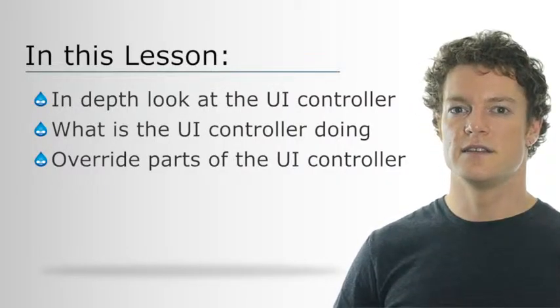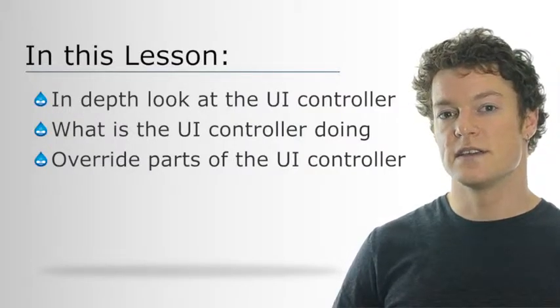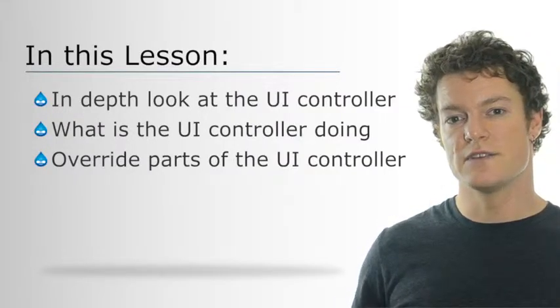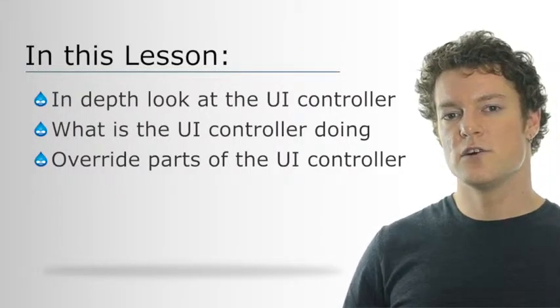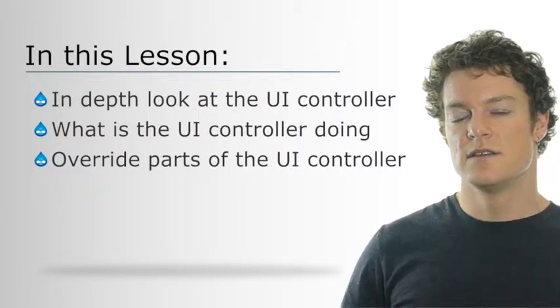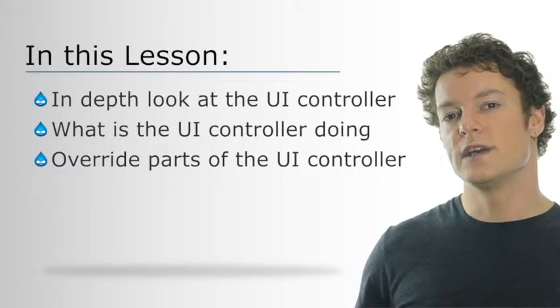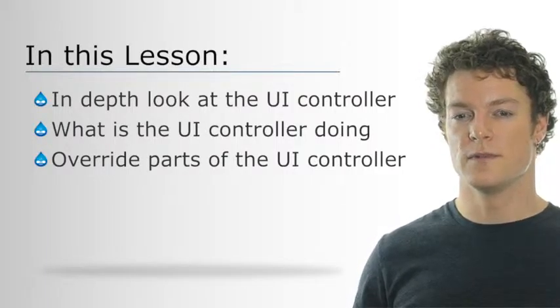We're going to take a look at the UI controller in a bit more depth, and how some of those things, like the ability to have all of these paths for our entities automatically created for us, works. And then I'd like to override the UI controller's hook_forms method so that we can fix the form that we created earlier that had the video_form name and make it match with our video_entity module name. So let's go ahead and take a look at how we would do those things by overriding the